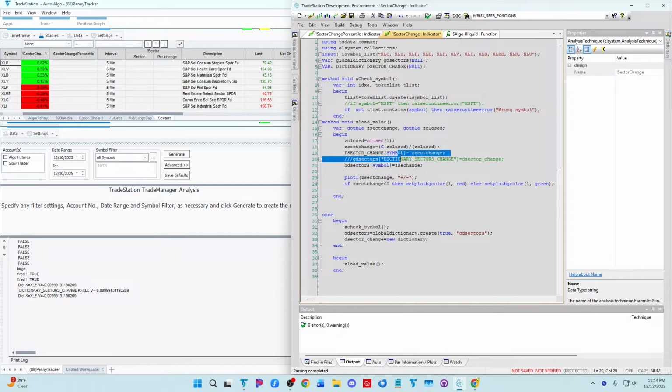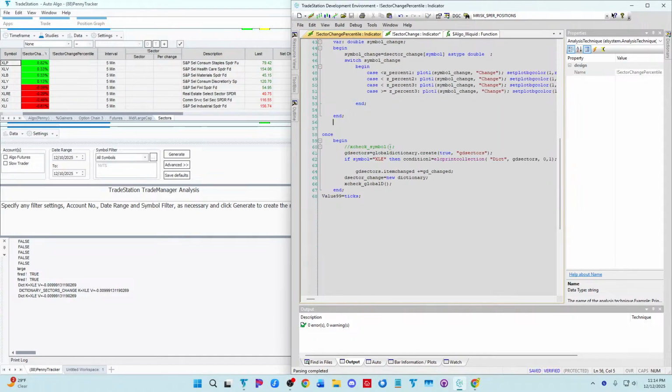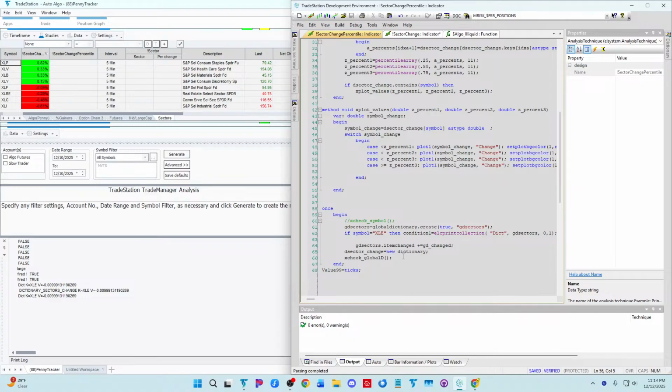All right. And then so Z sec change. We don't really need this line. All right. And so now when we come over here, the global dictionary,